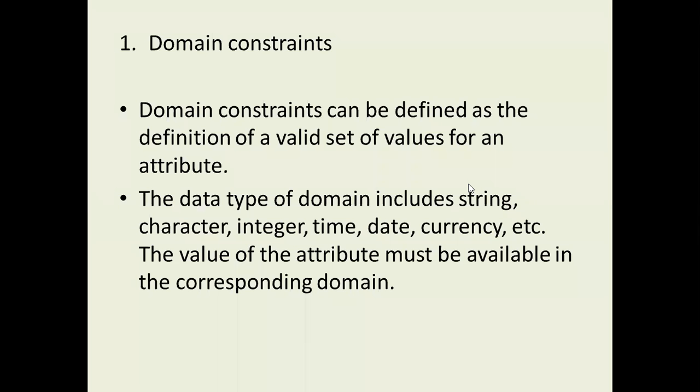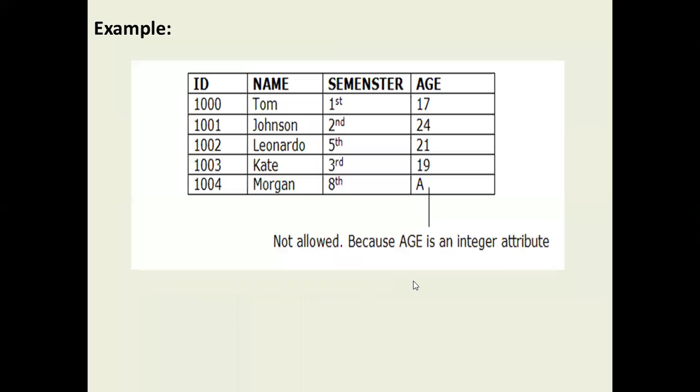So let us try to see and revise once. Domain constraints can be defined as the definition of a valid set of values for an attribute. The data types of a domain include string, character, integer, time, date, currency, etc. The value of the attribute must be available in the corresponding domain. So that means, for example, if you observe here,